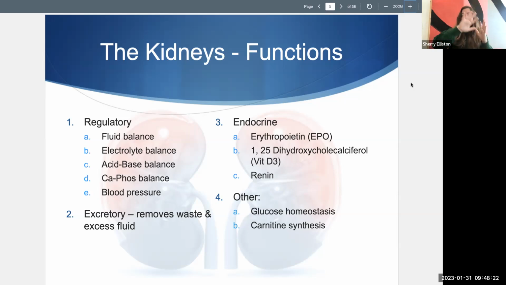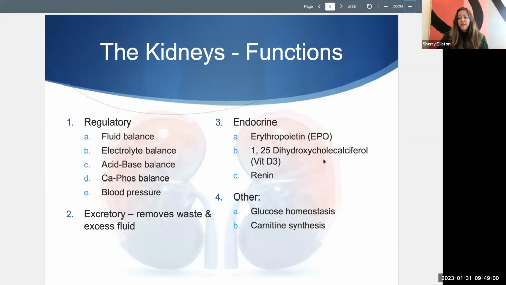We remember the RAS system, the renin, angiotensin, aldosterone system, helps to maintain and bring blood pressure back up. This is also why MNT application for sodium is important. It's excretory, so it removes waste and excess fluid. The fluids get stored in the bladder, and then they're released when your bladder is voided. The endocrine functions are the formation of erythropoietin, which is EPO, which is really important for red blood cell development,